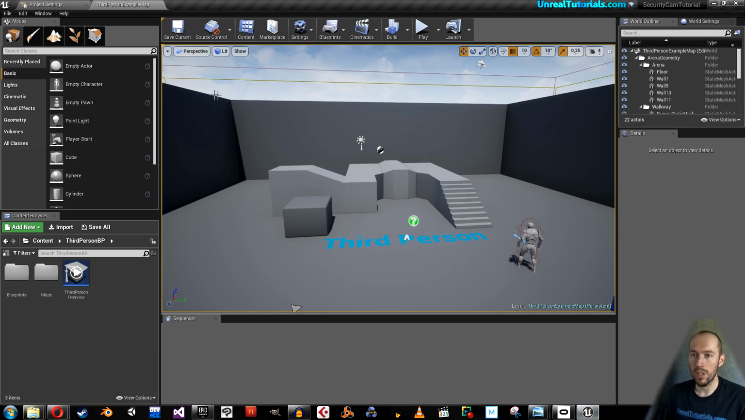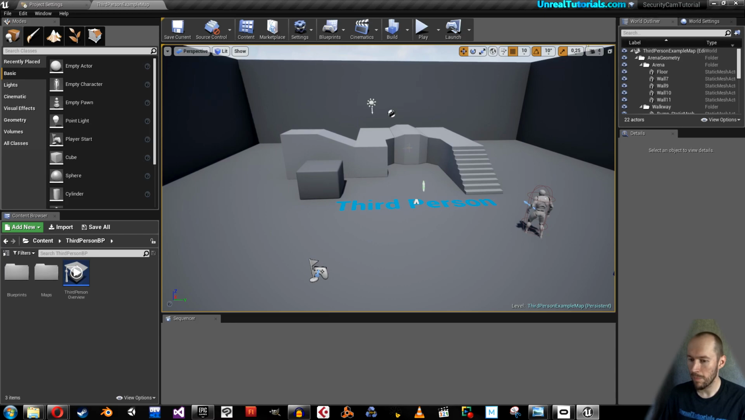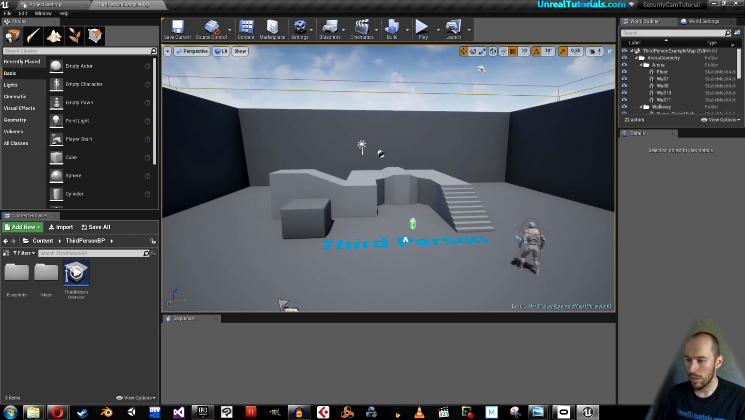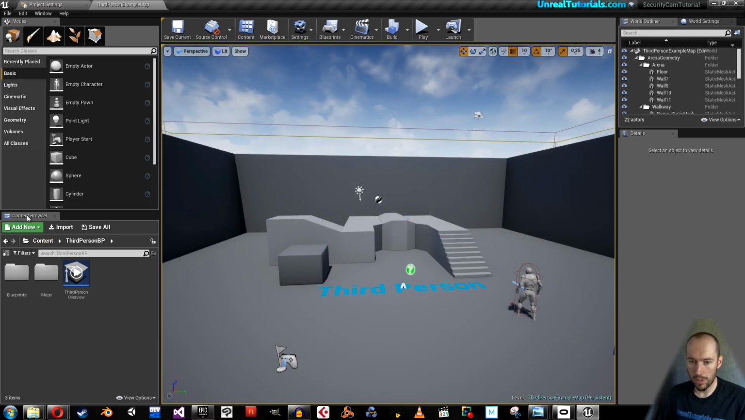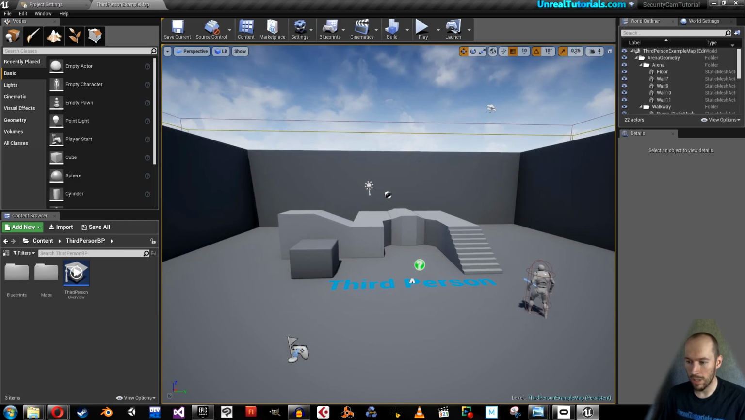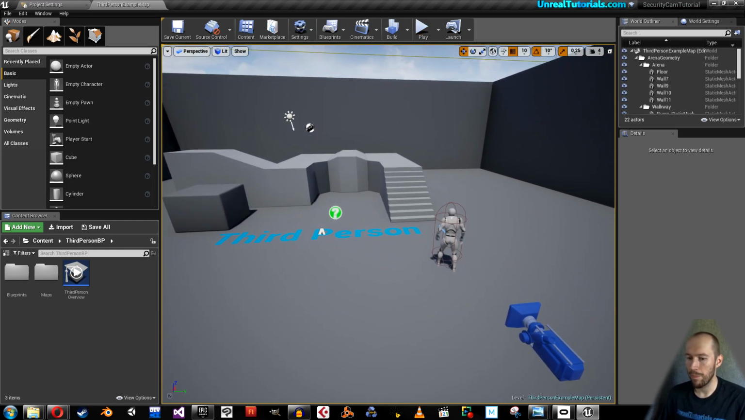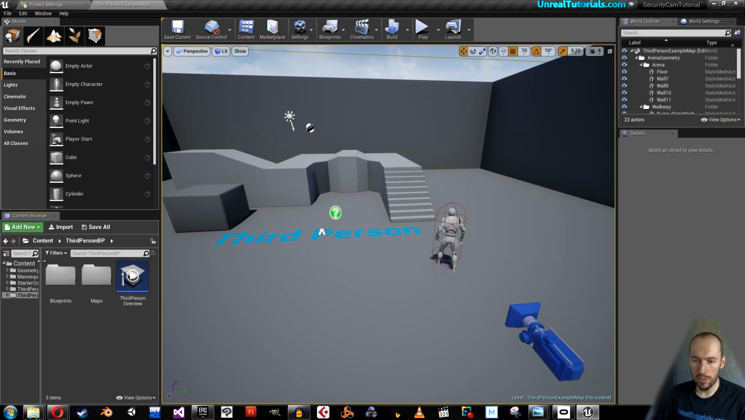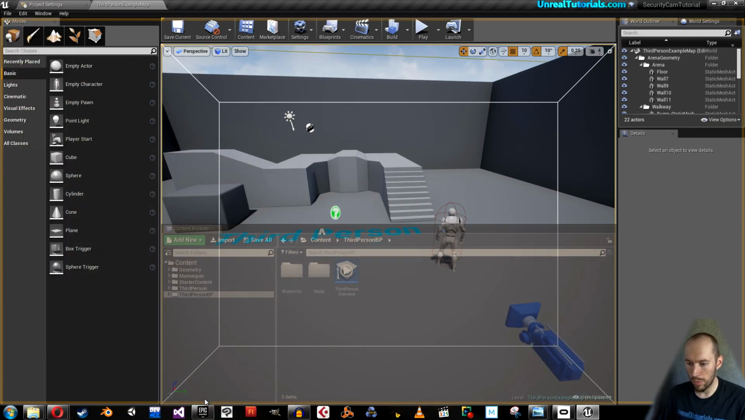So I've just opened a third-person example map and I called it Security Cam Tutorial. Simple as that. So let's see, you'll probably have it like this. Yeah. So first things first, I'll just grab this and put it down here